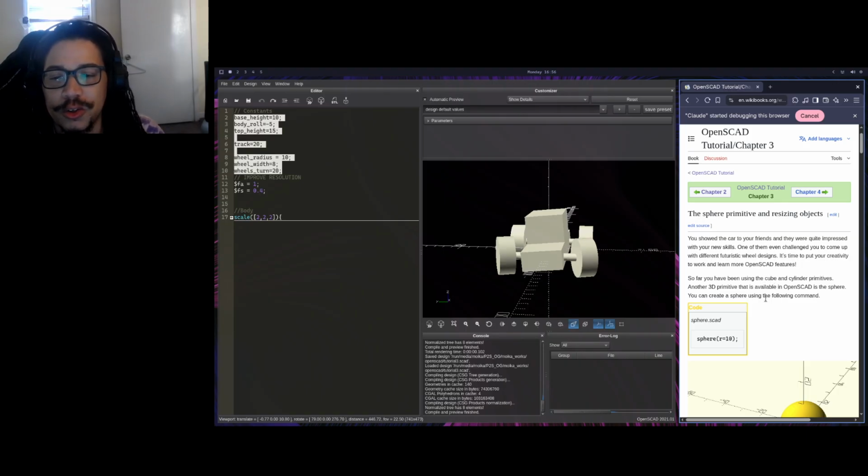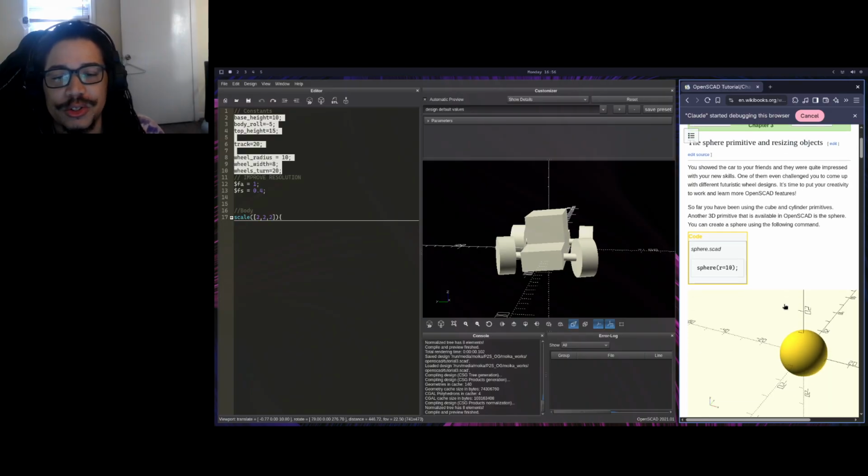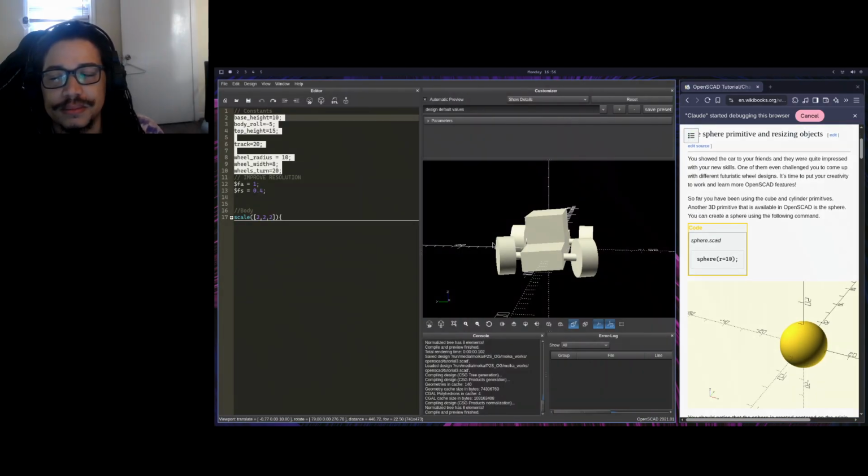So far, you've been using the cube and cylinder primitives. Another 3D primitive that is available in OpenSCAD is the sphere. You can create a sphere using the following command: sphere. All right, so a good way to